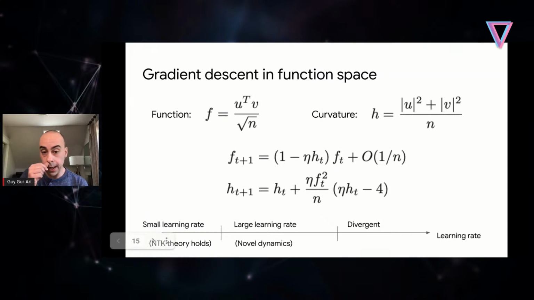And the thing we'd like to see is this behavior where at small learning rates, we hope to see that the theory holds and the model is behaving like a linear model during training, and then across a certain threshold, we get this new large learning rate behavior. So let's see how that works.